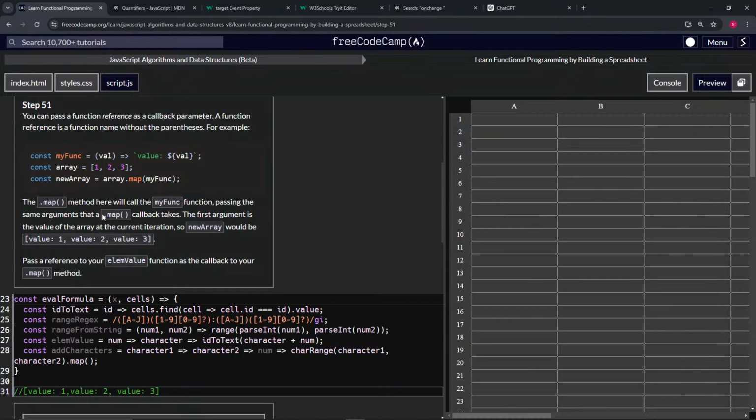Anyway, so it's going to say this. The map method here will call the myfunc function, and I'm not saying sorry. I don't care. If it was clearer, I wouldn't be so upset right now. We'll call the myfunc function passing the same arguments as a map callback